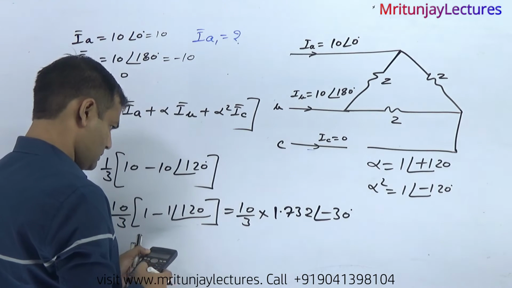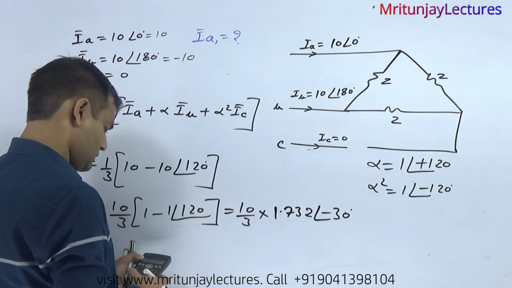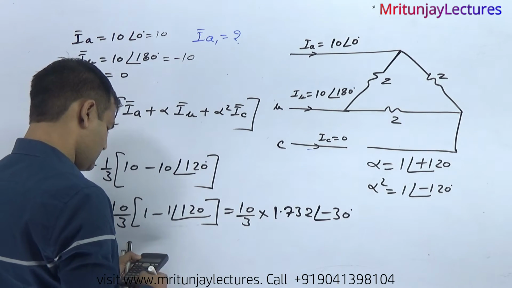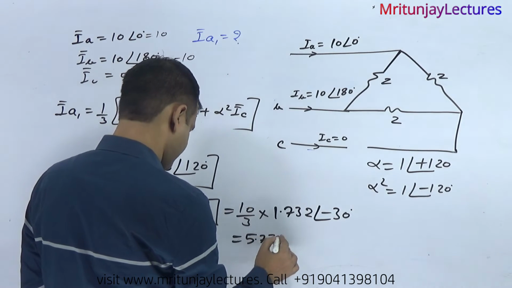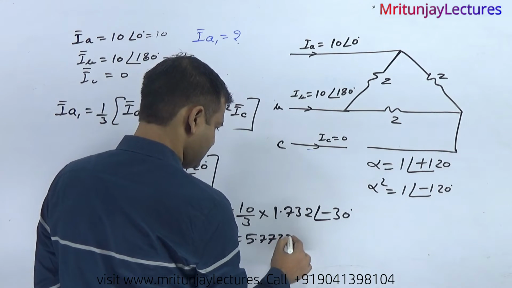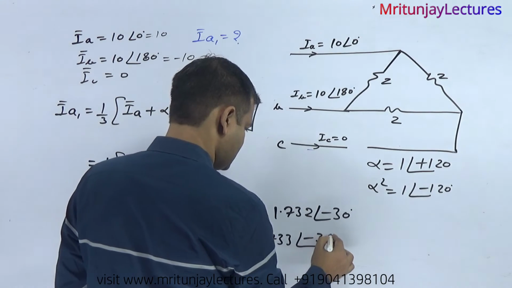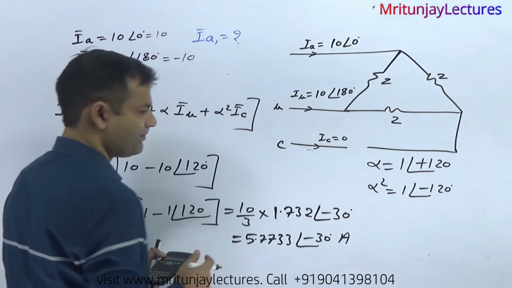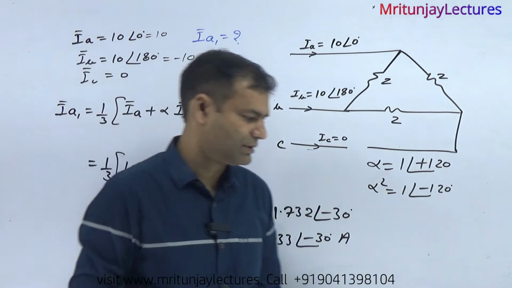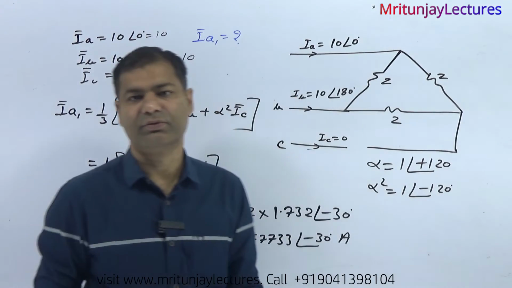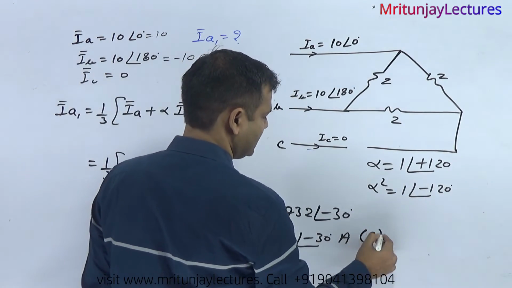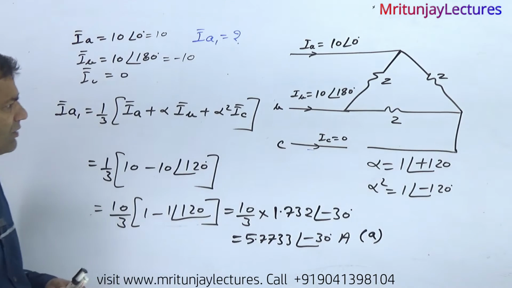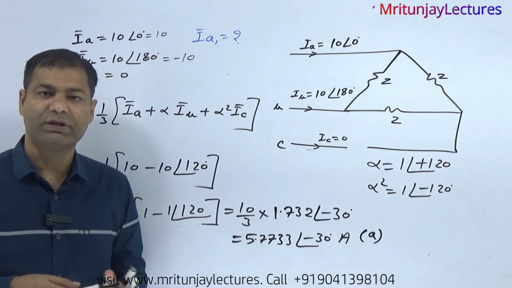Okay, so 17.32 divided by 3, we got 5.7733 at the angle minus 30 ampere. This is the final answer. Which one is closer? Option A is closer to your result, so option A is correct. Now another way, if the question asks